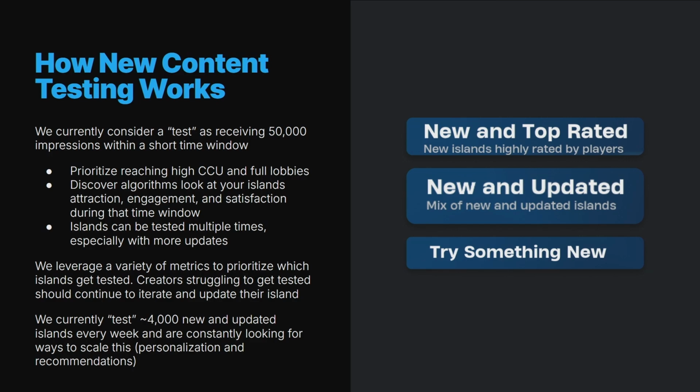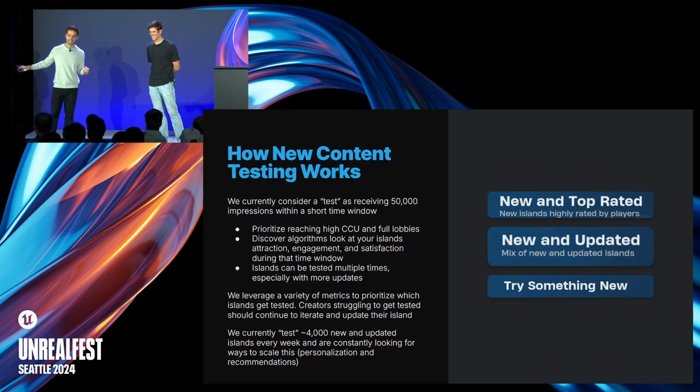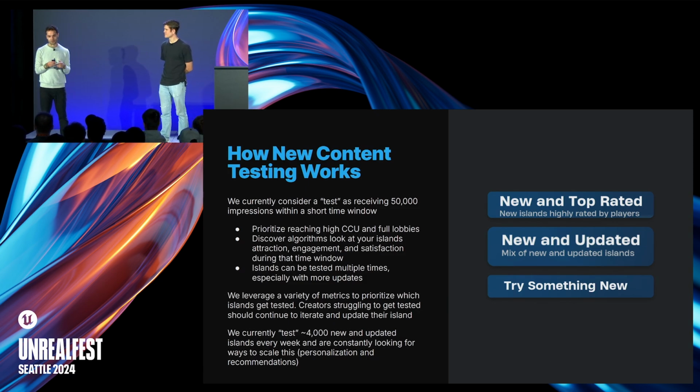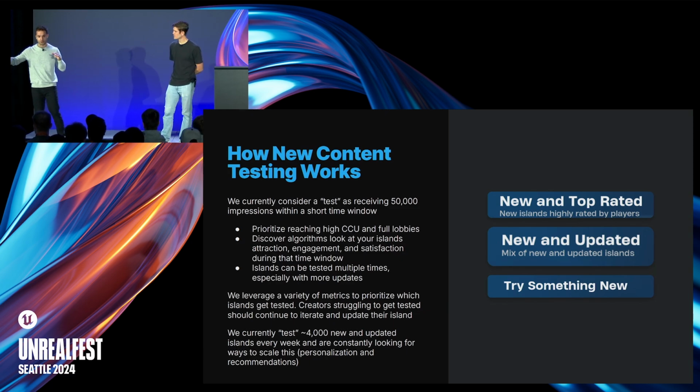The one we are most excited for, I was hoping we'd have it by this time, it's not ready yet, and we don't want to rush it, is personalized testing. Meaning, if I make a tycoon, we should test that with players who love tycoons. And if I make an awesome search and destroy, let me show that to some people who look like they like Counter-Strike, making sure we're actually matching these audience segments so niches of play can truly form, which we've seen green shoots of all this year.